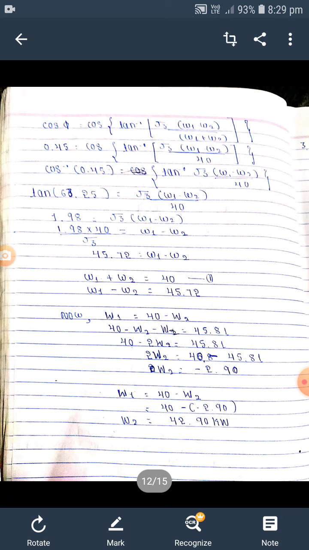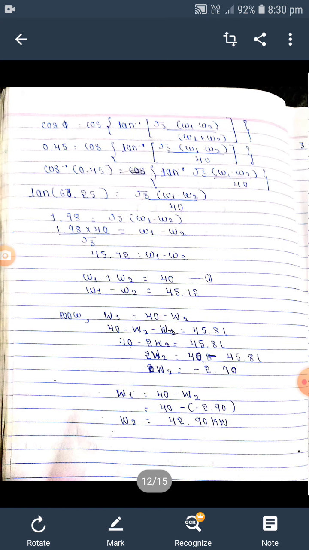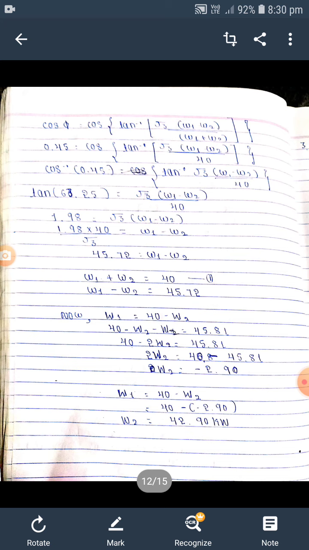Please, each one of you, I ask you to work out the problems. Problems are very important. Always you will get this three-phase circuit is very simple. You will get one derivation either in star and delta connection, and then measurement of power. You will get two questions in power. One is show that two wattmeters are sufficient to measure the three-phase power, or else derive an expression for power factor in terms of wattmeter reading.